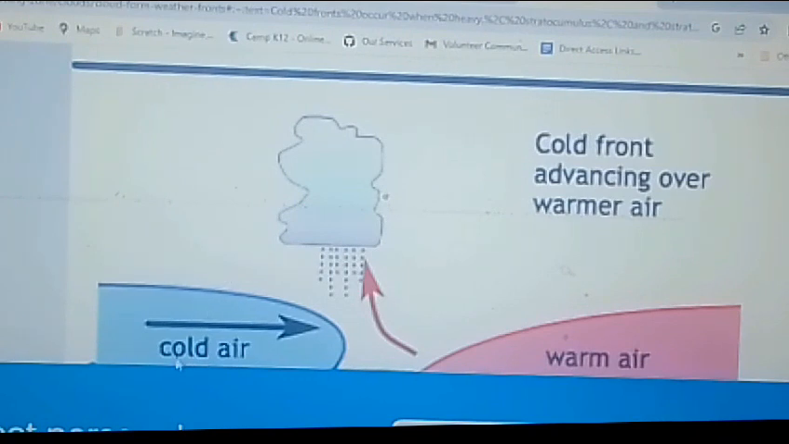So, cold fronts are when two air masses meet. As you can see, cold fronts have very dense cold air, and it's able to push warm light air up. So as this cold front moves in, you can see the warm air getting pushed up by the force of